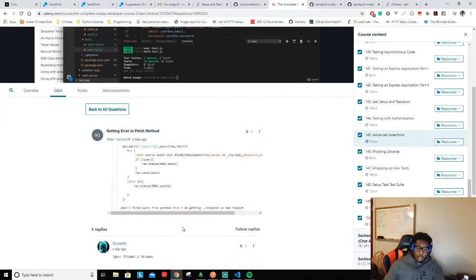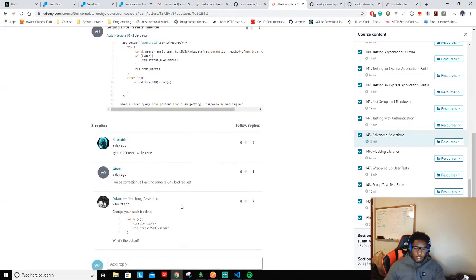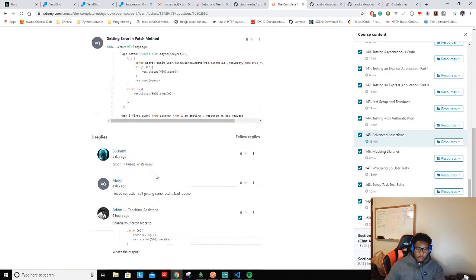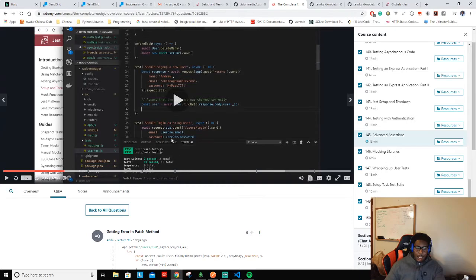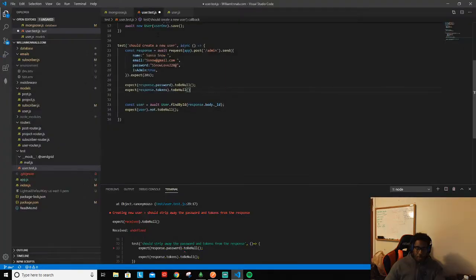I'm interested that nobody else got an undefined error here, because if you do response dot body, there is no dot user, and we see that right here. Like when we run this,